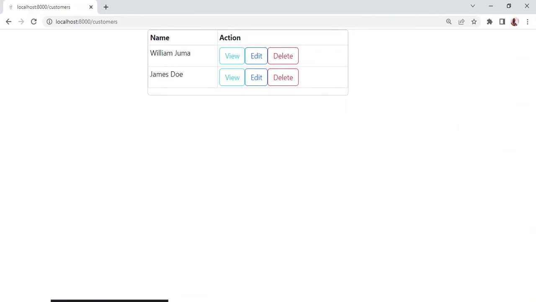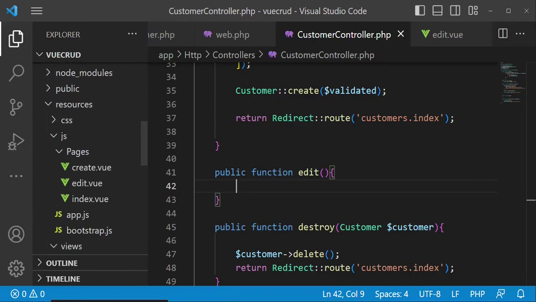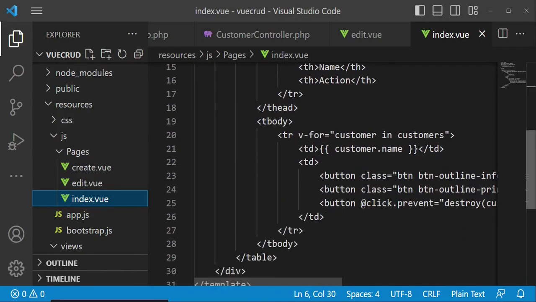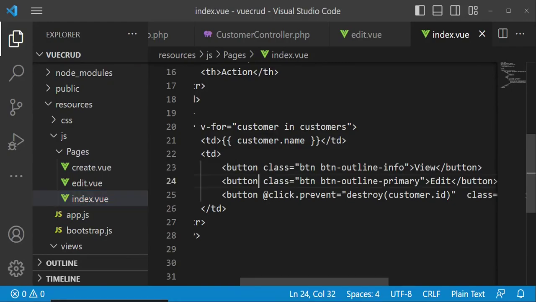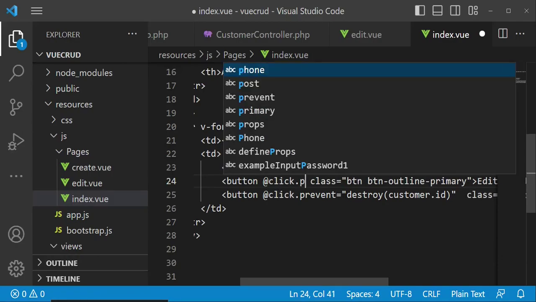So let us go ahead and do something on our index file, where we have the button. I will go to index.vue, and here I want us to have a button. In the button where we have edit, I want us to handle an event when clicked. So we can say @click.prevent,